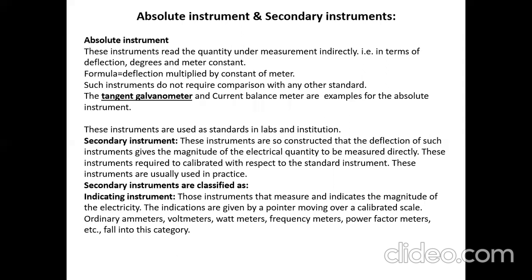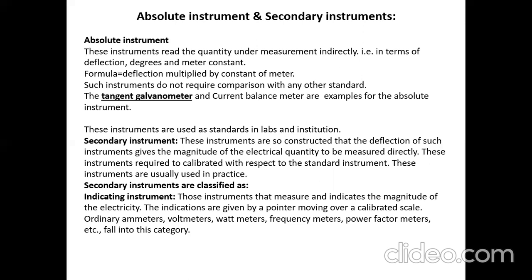Measurement directly, that is, in terms of deflection in degrees and meter constant. The formula is equal to deflection multiplied by the constant of the meter. These instruments do not require comparison with any other standard, which means this will not be compared with any standard value. The tangent galvanometer, the galvanometer which is used in the bridge circuit, this is used to check only